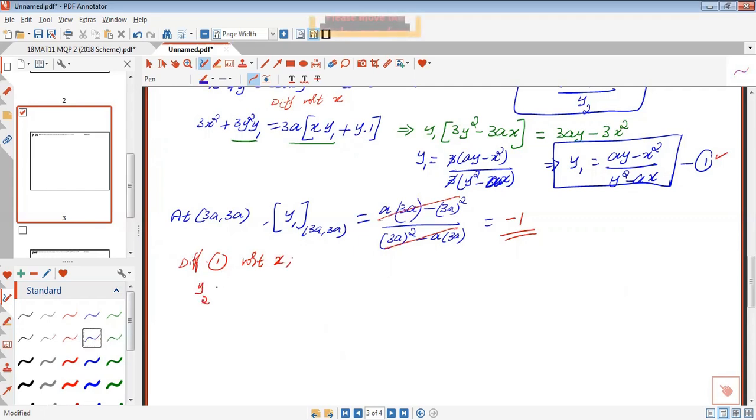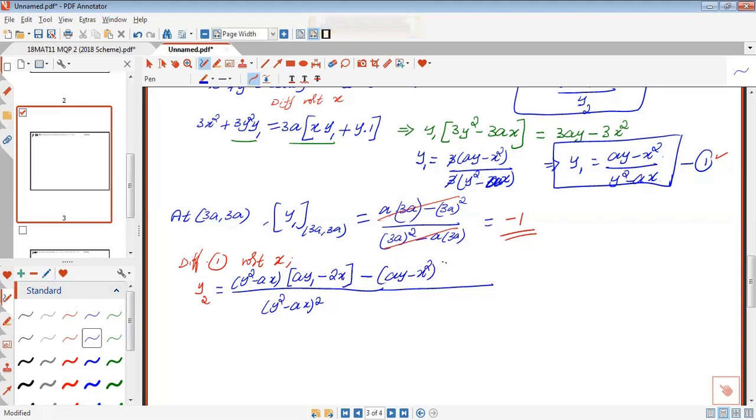So y2 equals, on differentiation of y1, that is y2, differentiate by the u by v rule. So denominator square, denominator as it is, differentiate the numerator, that is a y1 minus 2x, minus numerator as it is, differentiate the denominator, that is 2y y1 minus a. Now y2 value at the point